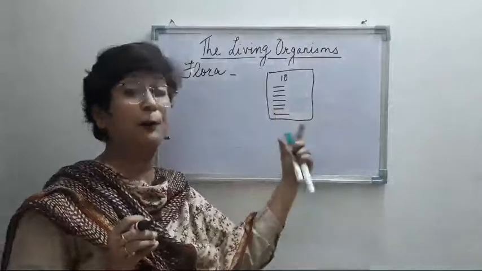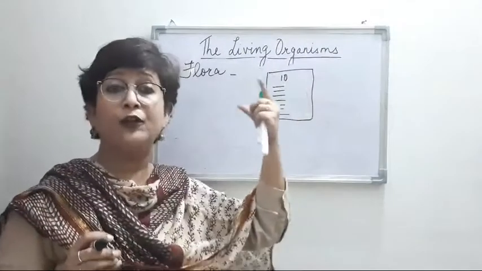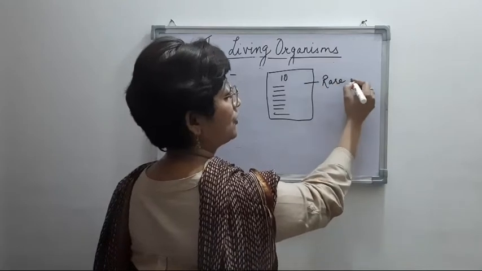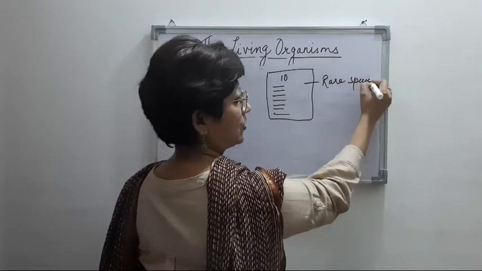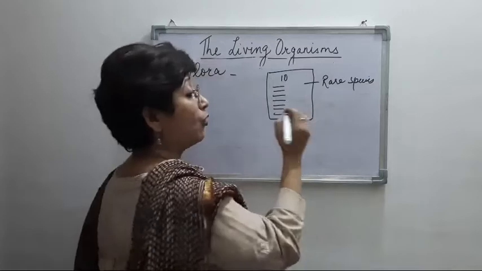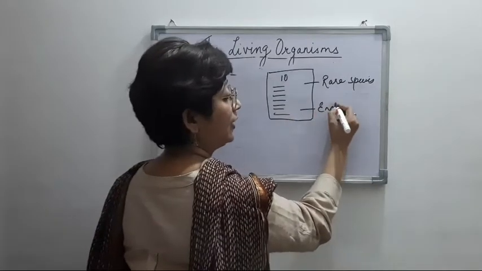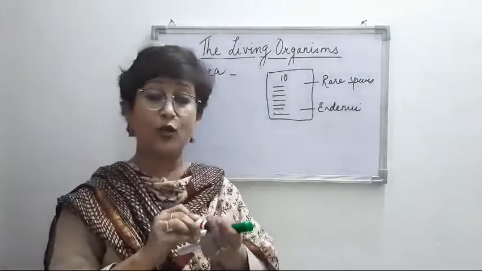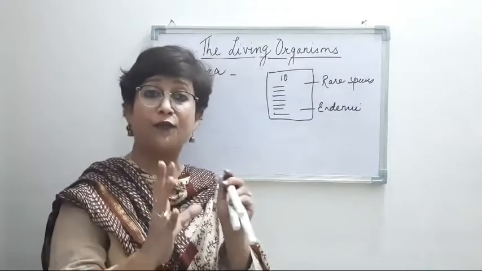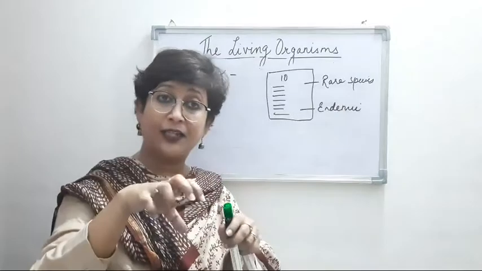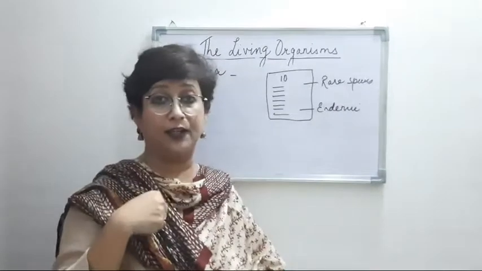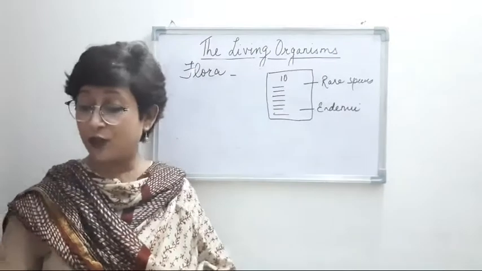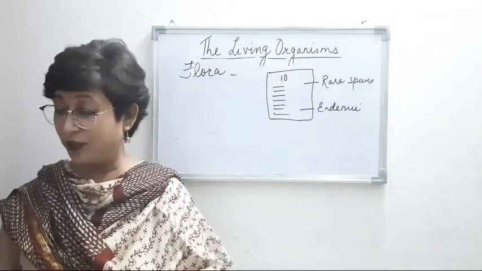So that is what a flora is, and this does not only contain the document of the different plant species found in a particular geographical area, it will also tell about the presence of any rare species over there, if there is a rare species, and it will also inform about the endemic species. What are endemic species? Endemic species are those that are found in a particular geographical area. They are found only in that area. They cannot be grown or found in any other area, right? So it also gives us information about the rare species and the endemic species, right?